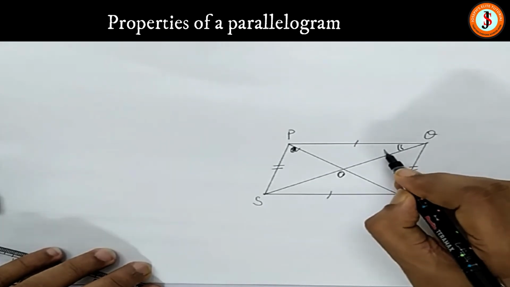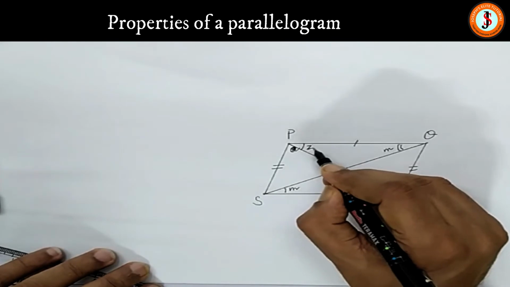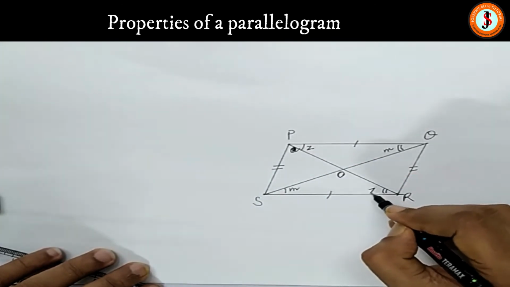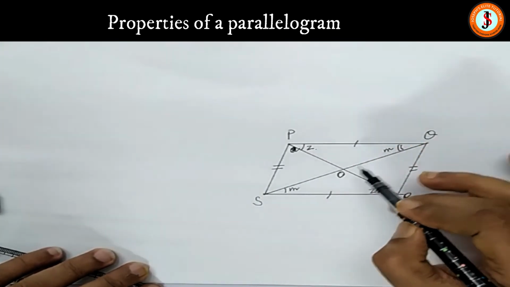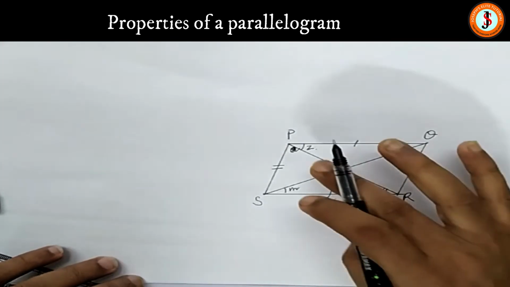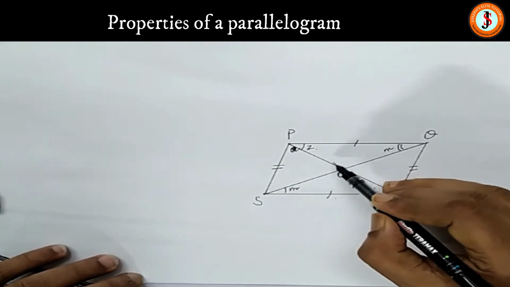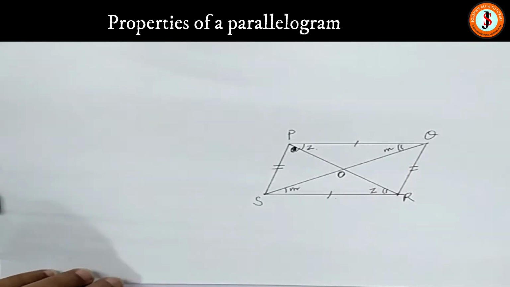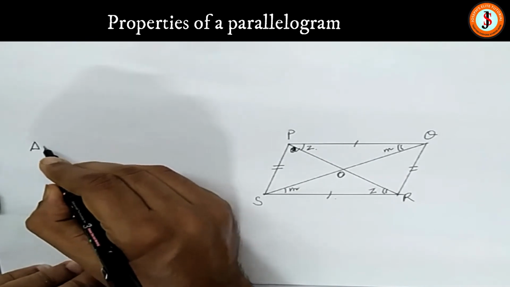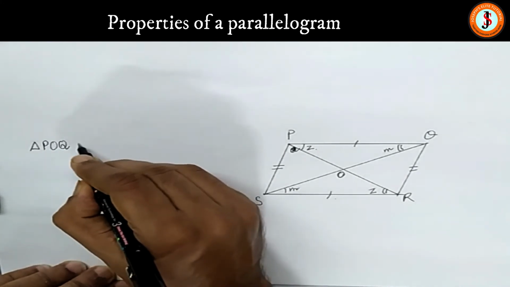Now let us have a look. If this angle is M, this angle will be M, alternate angle, and if this angle is Z, this angle will be Z. So angle side angle, both the triangles are congruent. If they are congruent by angle side angle, then by CPCT the corresponding sides will be equal. So we try to go ahead. Triangle POQ and triangle